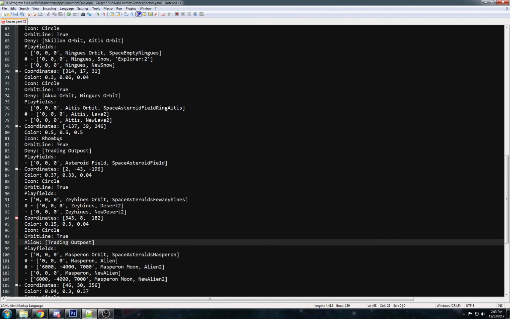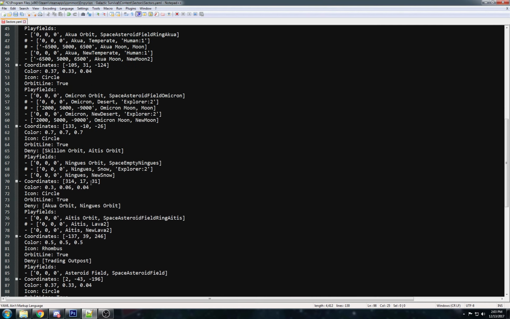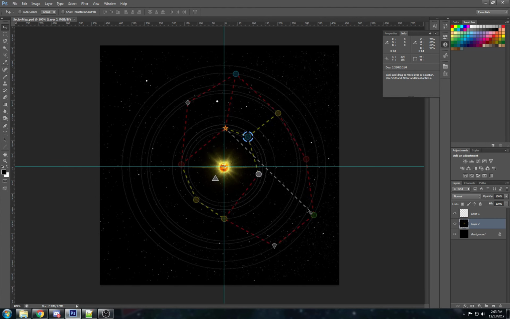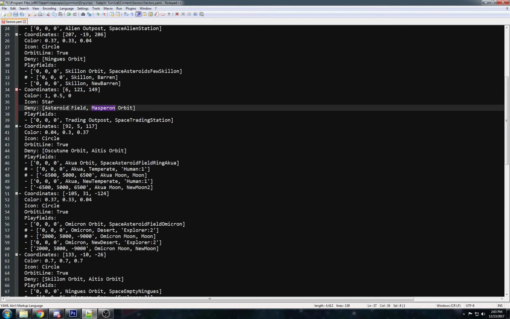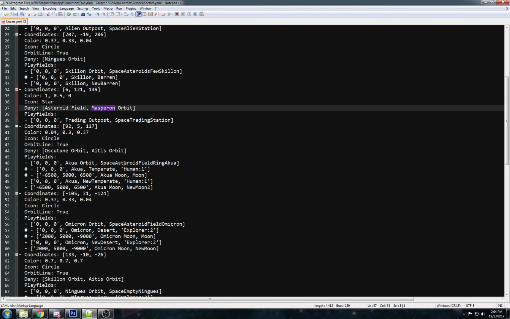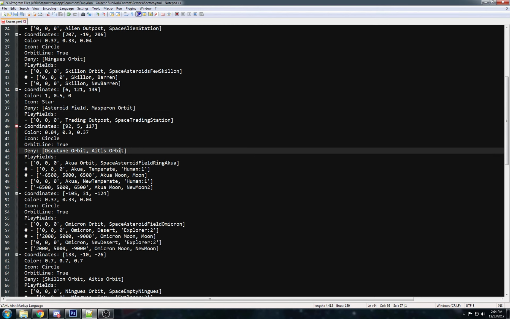So if we find the trading outpost somewhere in here, there it is, trading outpost, deny Masperoon. So this is denying the return trip, but this way you can go. It's a one-way trip. And it's also denying asteroid field, because the asteroid field is really close. This is where the asteroid field is. It's really close to there, but it's saying, no, do not connect those at all. Do not connect those. All right, so that's how you customize the orbits and the connections,